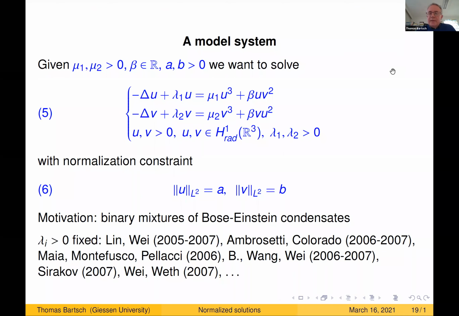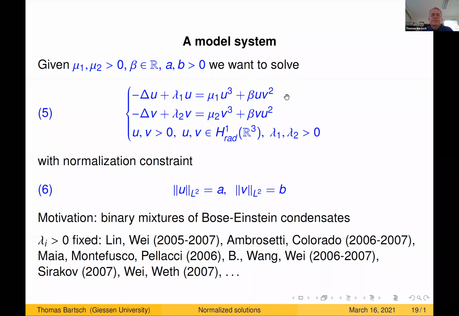Okay, so this was the last thing I wanted to say about the equation, and also the last thing I want to say about the variational approach. I now want to present a topological approach, which can also be used for the equation, but I prefer to present a different topic, which has been quite popular in the last years, namely to consider such